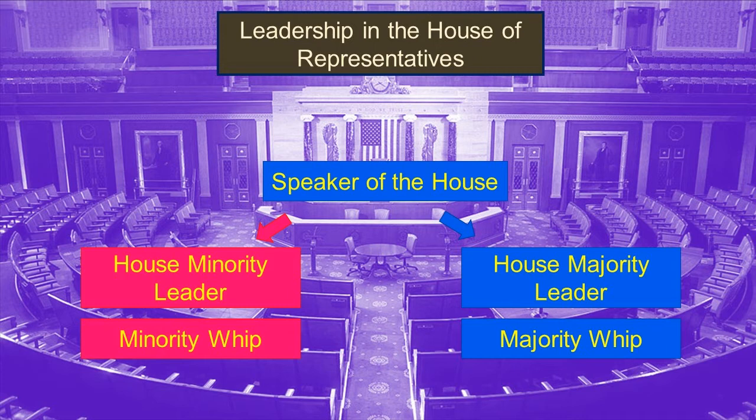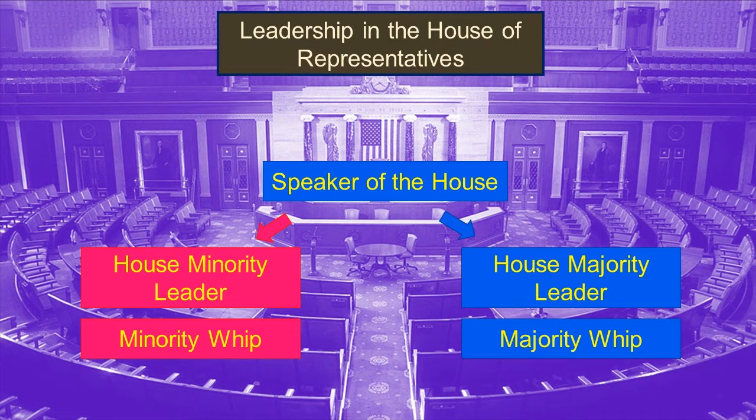So the Speaker of the House is a Democrat. That's why I've got it represented by blue. Just below the Speaker of the House would be the House Majority Leader. We don't typically hear a lot about the House Majority Leader. They mainly serve as an assistant party leader to the Speaker of the House, but they'd be the second ranking member of the majority party. And then there would be a majority party whip, and we'll talk about the party whips later and what they